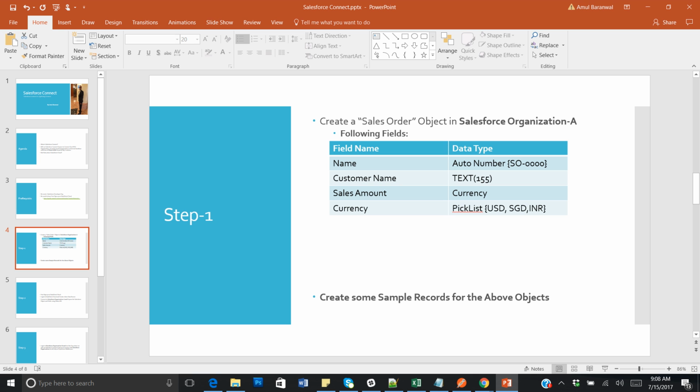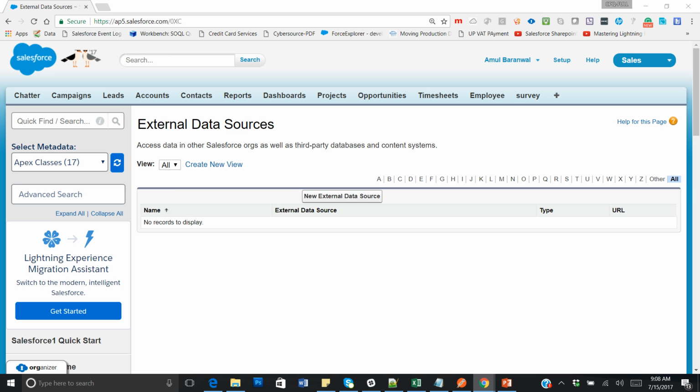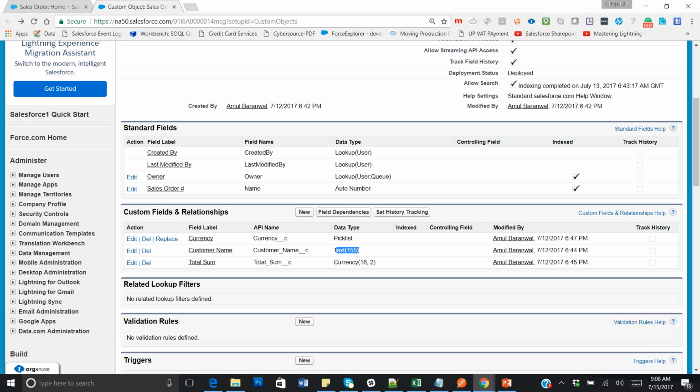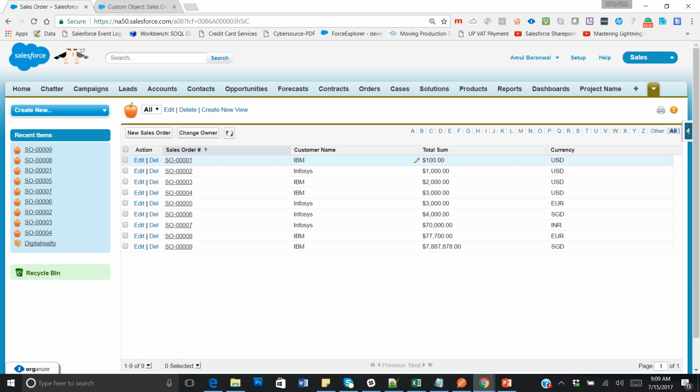So here you see the field definition in my object for sales order, and for this particular sales order we need to have some data also. So I have created a couple of records of data for the sales order. So let's talk about the data part of it also. I have an IBM customer name. For this IBM customer, I have this amount of order placed, and the currency for these orders. So this is all about the data for sales order, which is kept in my Salesforce organization A, and